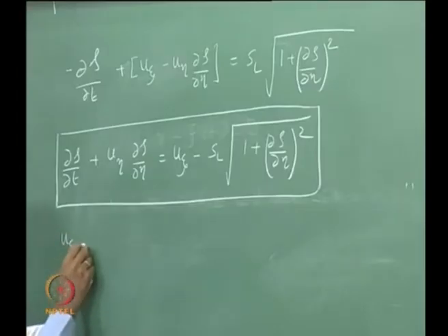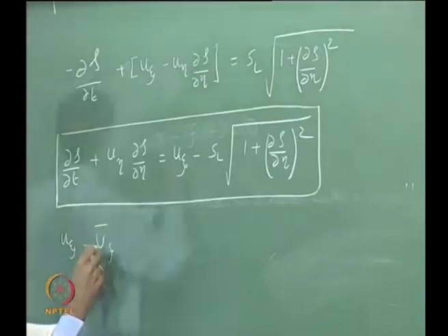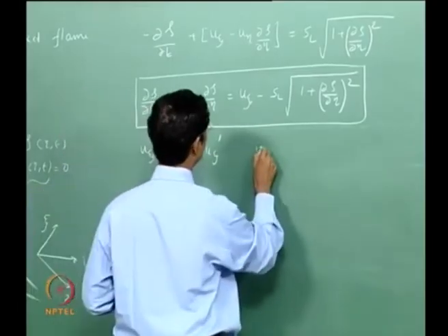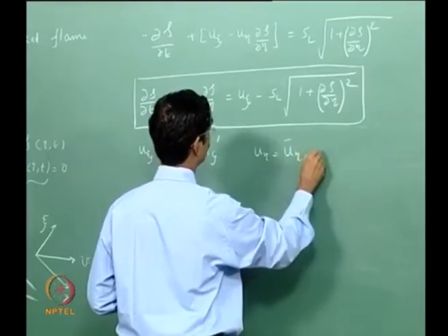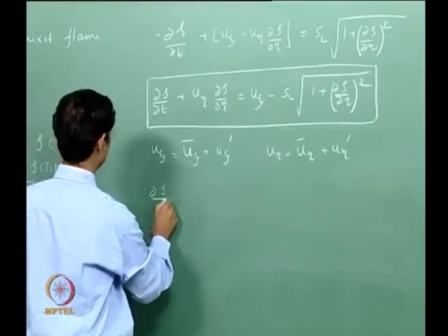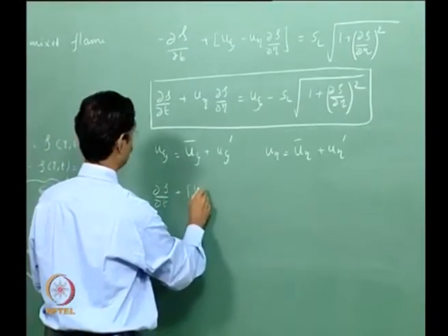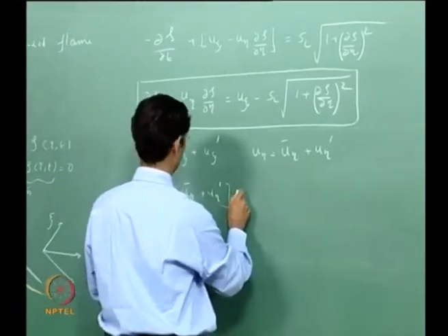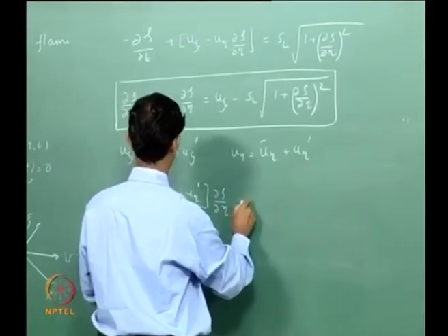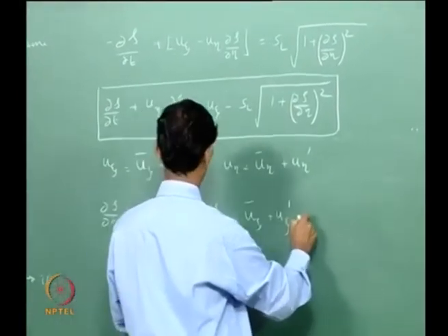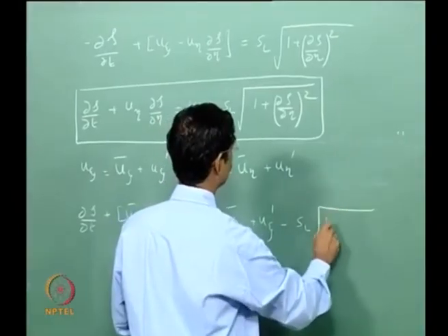So you would say u psi is u psi bar plus u psi prime, and u eta equal to u eta bar plus u eta prime. So if you substitute this here, you will get dou psi by dou t plus u eta bar plus u eta prime times dou psi by dou eta equal to u psi bar plus u psi prime minus S_L into root of